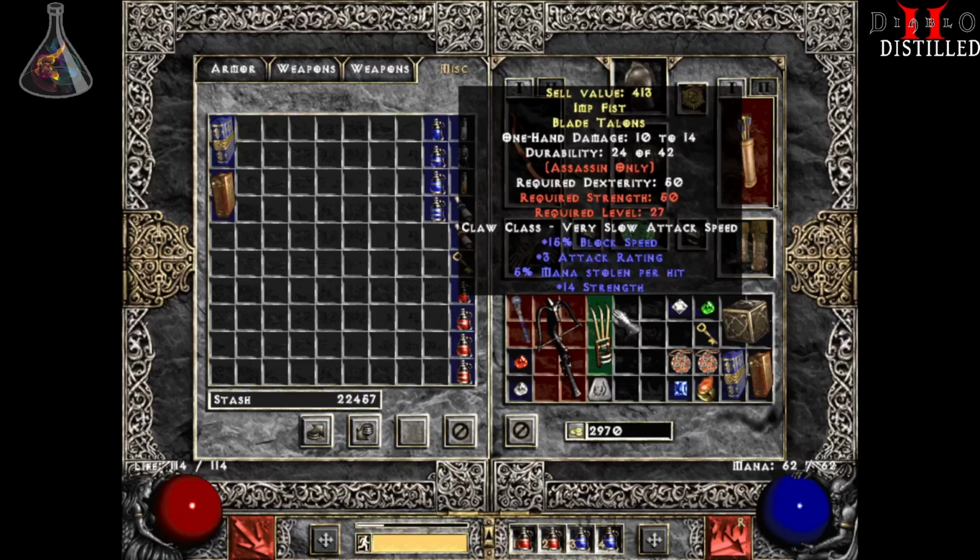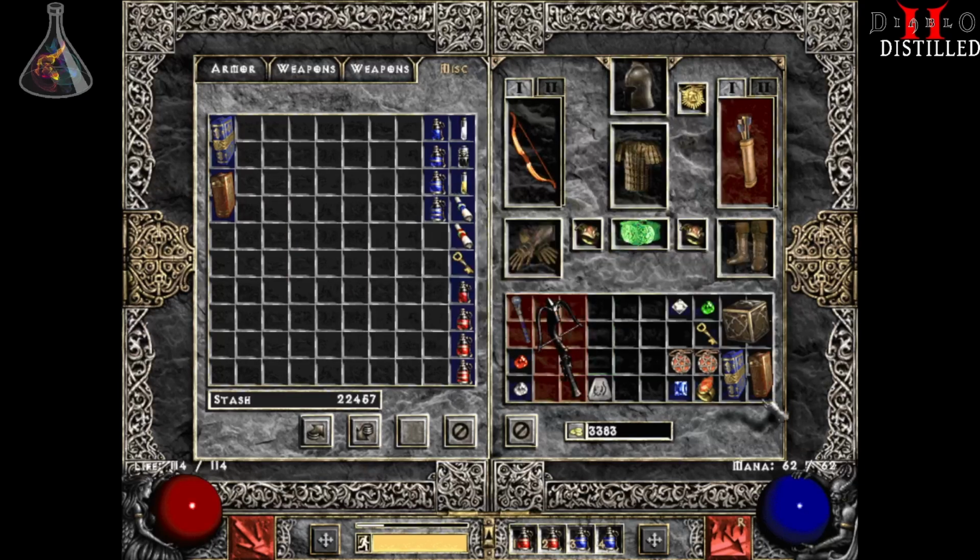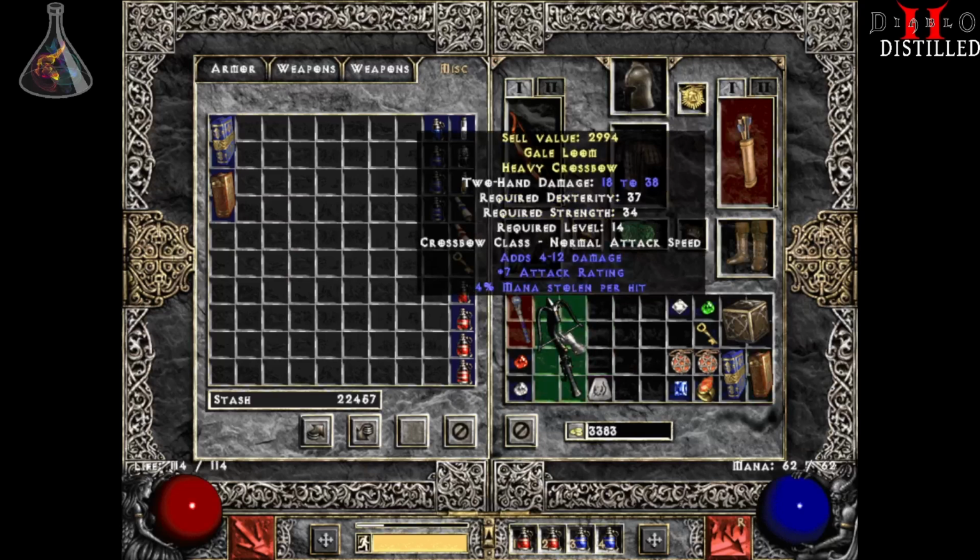So block speed is a possible roll on claws in the mod. 14 strength is amazing. That's a lot of strength. 5% mana stolen. But yeah, this is a really good defensive claw. You probably would want to wear this on your offhand, so to say, in place of a shield. So it gives you block speed, mana stolen, strength, that kind of stuff. Now, the mana stolen would only work on hits from that claw. This one is...